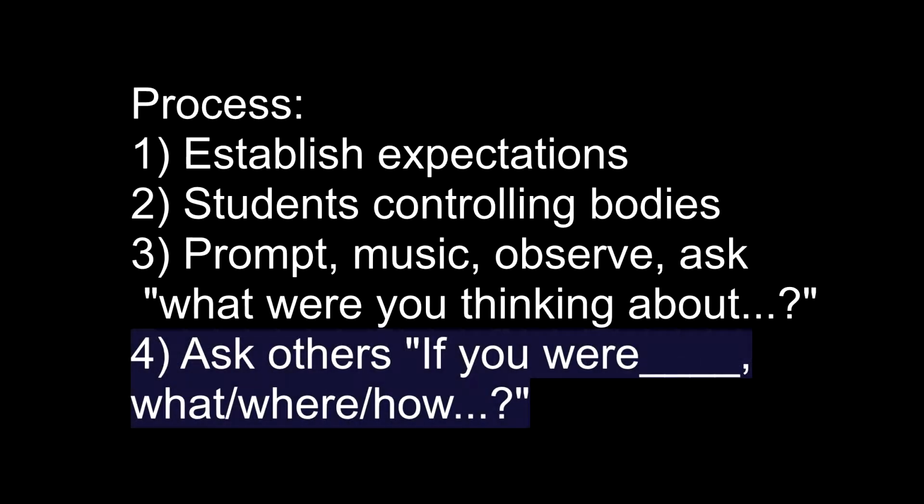Remember that children have to go through a process. You have to establish the expectations or the ground rules for creative movement in your room. Once that's established and the children will control their bodies, then you begin by giving them a verbal prompt, thinking about something. You give them movement or music. You ask them to move as they're thinking about this prompt, and then you observe and you ask questions. A very simple one: what were you thinking about as you were moving about the room,